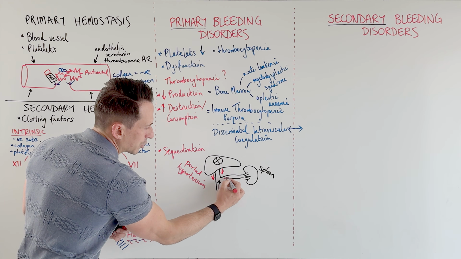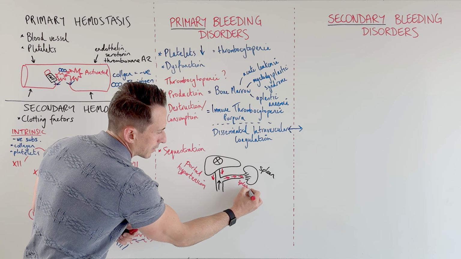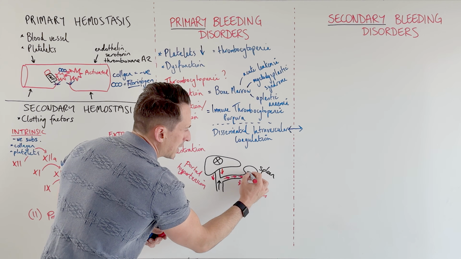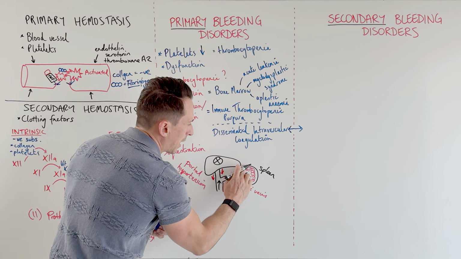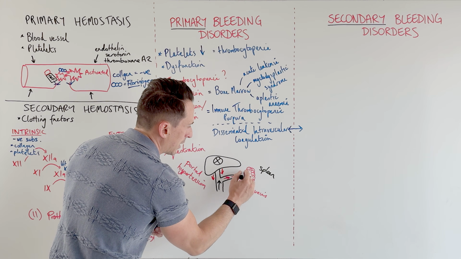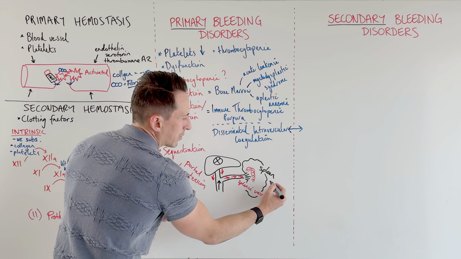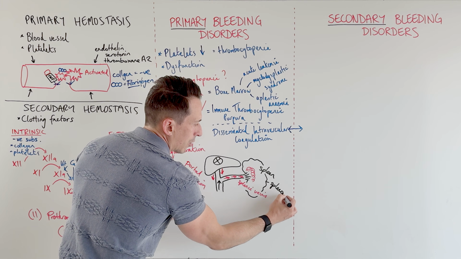And that portal hypertension will push blood into what's called the splenic veins. And if that happens, then the spleen fills with blood. And if the spleen fills with blood, what do you think will happen to the spleen? It gets really big, right? And then you get something called splenomegaly,